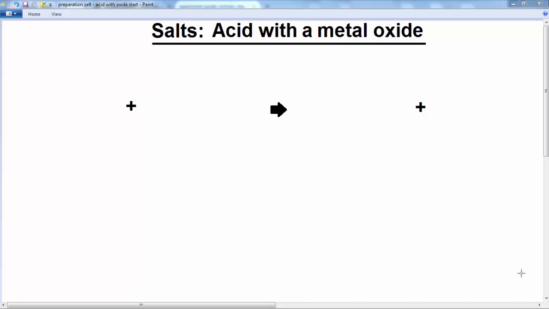In this series of lessons we're looking at various ways of producing salts. In this particular lesson we're going to look at how we can produce a salt by reacting an acid with a metal oxide. Okay, so let's just look at the general equation for this reaction. So we have an acid reacting with a metal oxide, and that will always produce a salt,